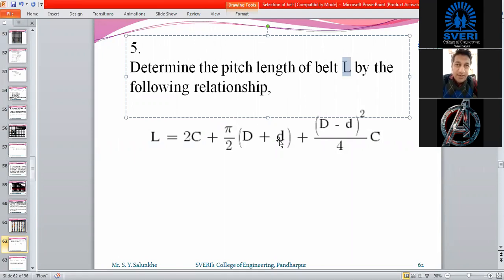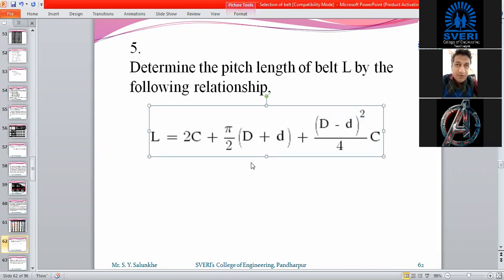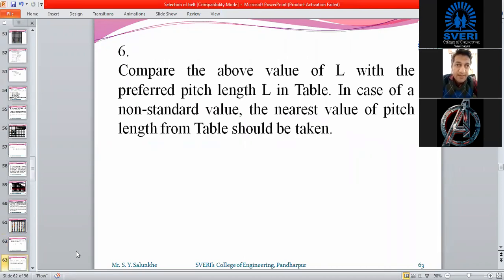For calculation, this capital D and small d are considered as pitch diameters only, not as outer or inner diameter or bigger diameter and smaller diameter of that pulley. But pitch diameter is considered for the calculation. Same equation is there as we have used for the open belt.